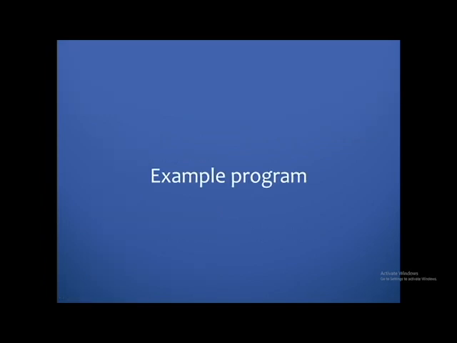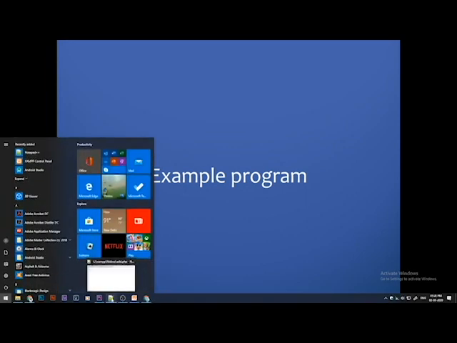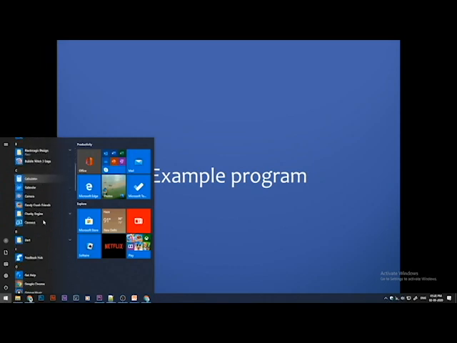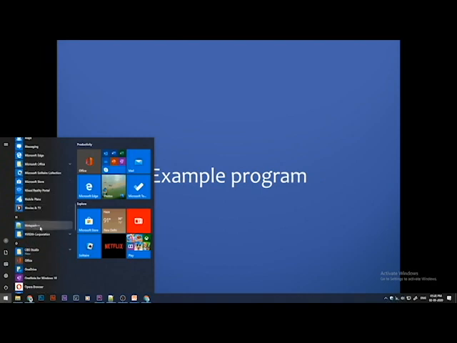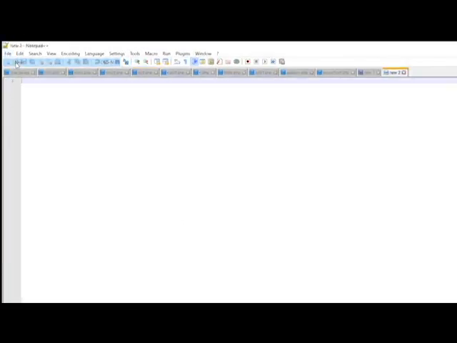Example program using PHP to display one message. Start, All Programs, Notepad++, click File, take a new page, and type the program. Less than, question mark, php, echo, single quotes, type the message, MCC School, question mark, greater than symbol.